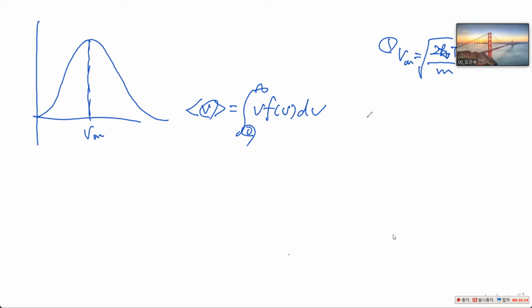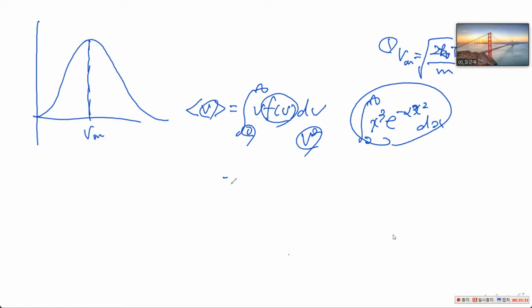So using this result, we have to have 이 결과를 사용해야 됩니다. 왜 이 결과를 사용해야 될까? Because FV, there is also dependence with respect to V square. V square에 대한 dependence가 있기 때문에 so using this result, we can calculate